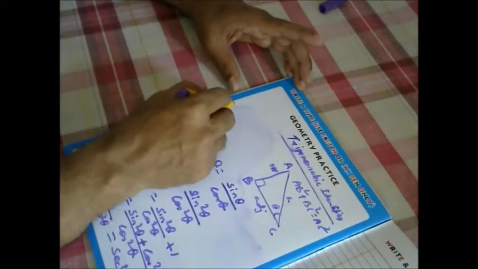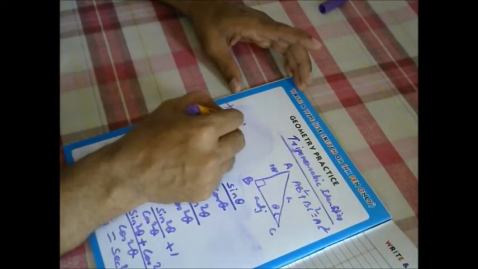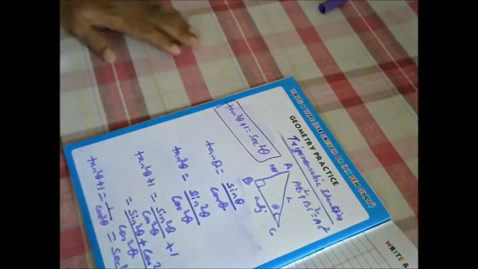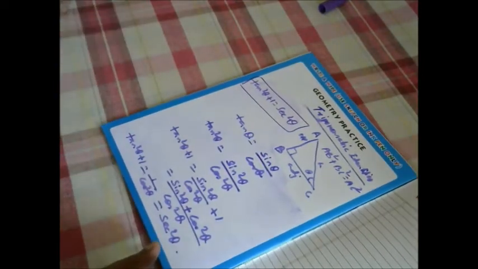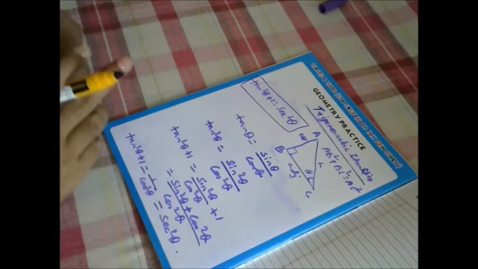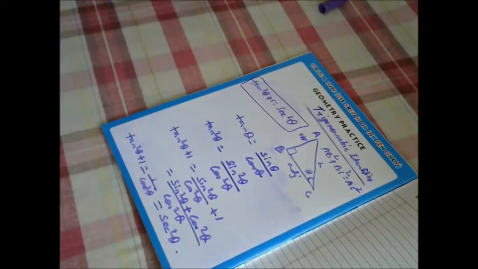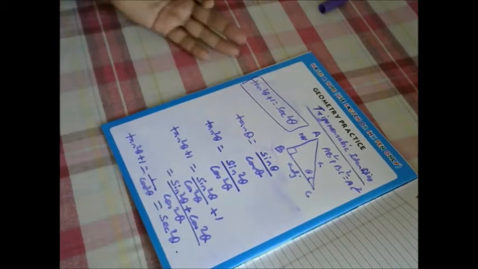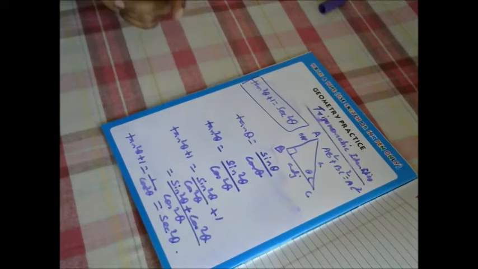So the identity is tan square theta plus 1 is equal to secant square theta. This identity we have proved. So we have covered the complete syllabus now for 10th standard, and in another video I will solve some questions related to that. Today only clarification of concept is there. In the next video I will solve questions related to trigonometry.